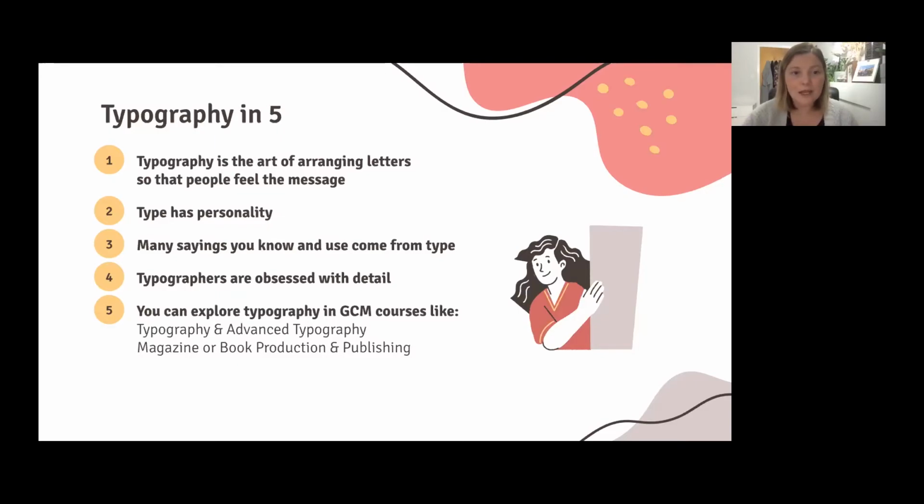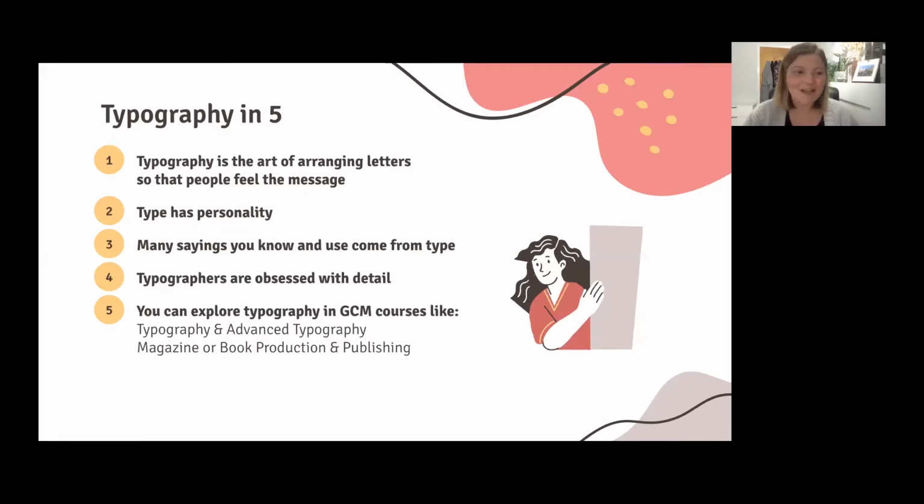So when you're being creative with type, it's a unique thing because if you break the type, you break the design. And perhaps you guys have had these experiences where you're looking at something and the text is all over the place. Maybe they're using the wrong fonts or too many fonts, and you're like, oh, this is confusing, right? So you could break the chain of communication if you don't set your type well. And so that's something really important to consider. And we have a ton of really great experiences with typography in GCM that you see under point 5, and I'm getting ahead of myself.